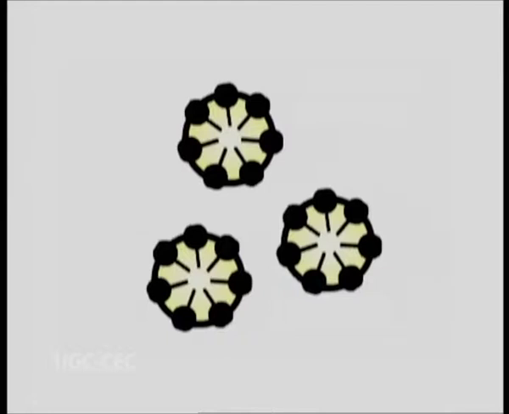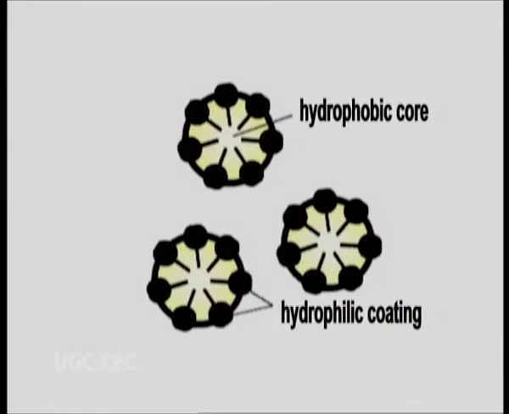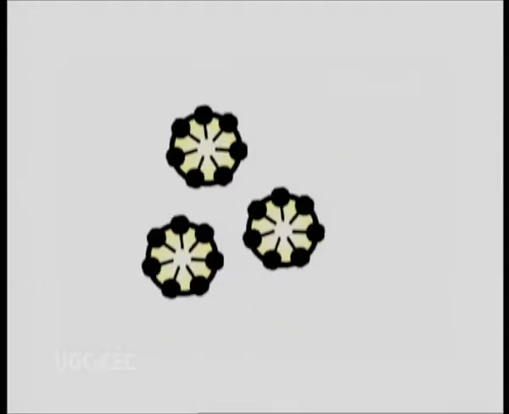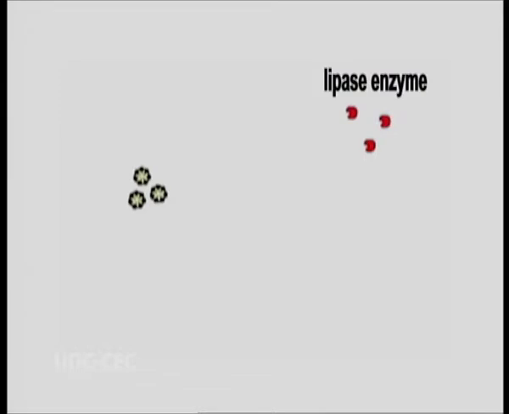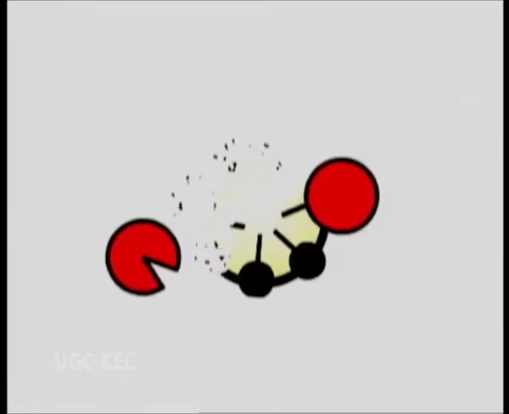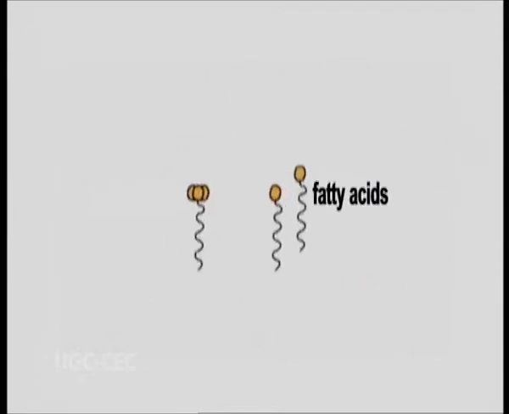lipases could act. The bile molecules have a hydrophobic end which is absorbed into fat droplets and a hydrophilic end which sticks out. This hydrophilic coating prevents the fat droplets from aggregating. These stabilized tiny droplets of fat are called micelles. Once stabilized in micelles, lipase breaks down the fats into fatty acids and monoglycerides.